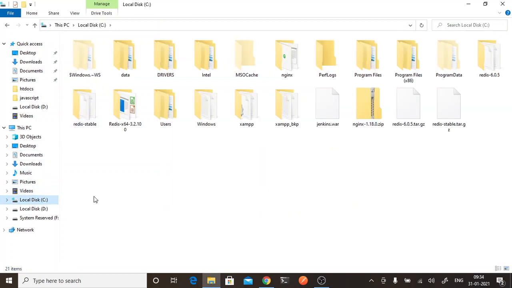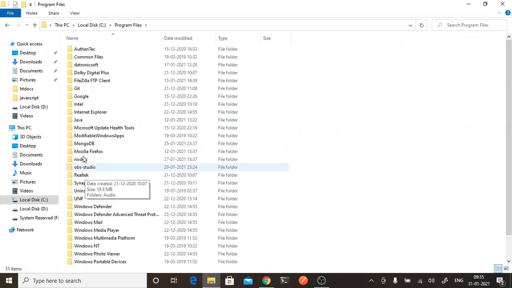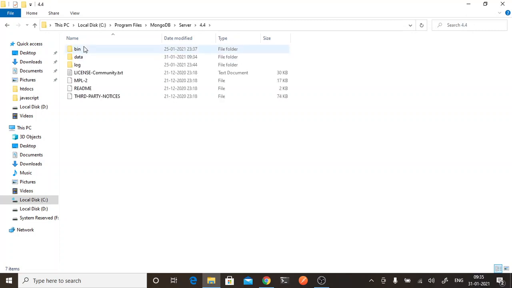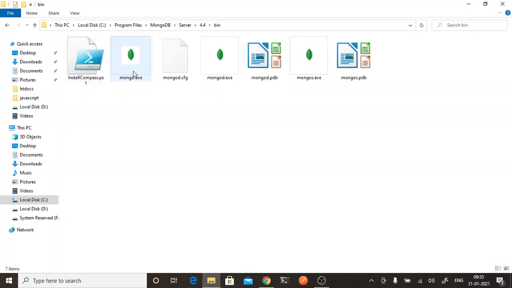Your program will be stored in your C drive, Program Files, and the MongoDB folder. Here you will be able to see it. Yeah. So here there is the MongoDB folder and server 4.4 version. Here you have the bin folder in which your exe files will be present.